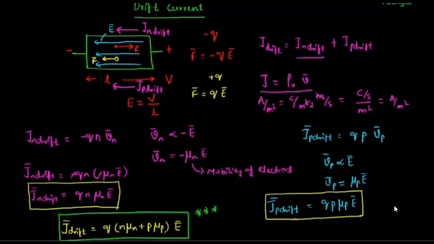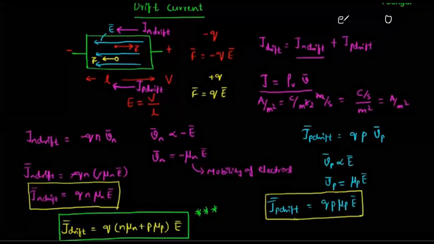So J diffusion. Prashant, right? What is happening? Electron is moving. It's not that nothing is happening. Now think about it. We have a hole over here and an electron over here, right? Now, if